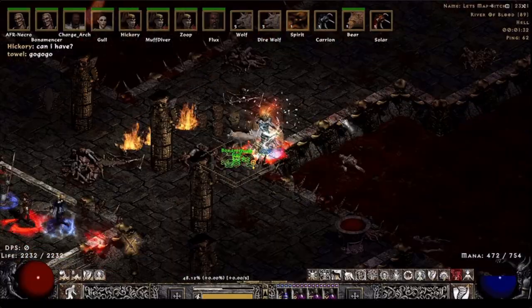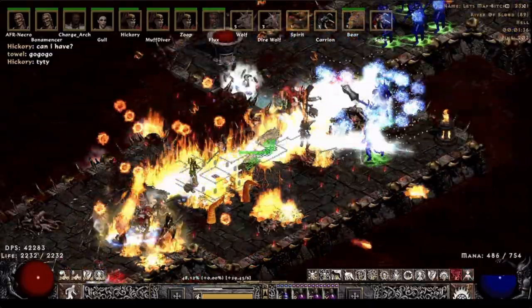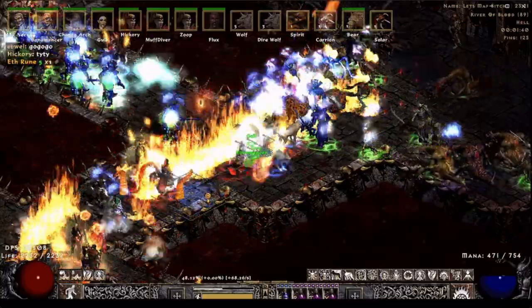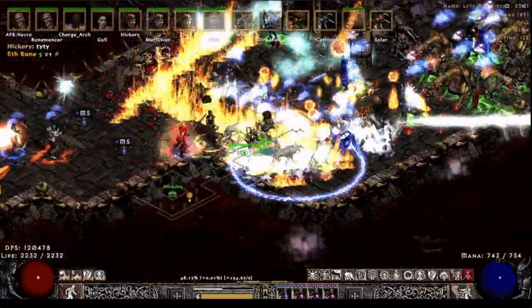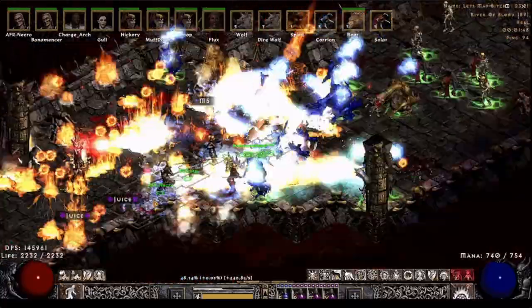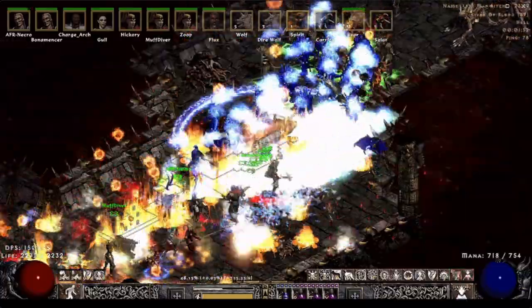Alright, so jumping right into the map here, it's 377 density River of Blood. You'll see I'm using mainly Molten Boulder, so it's going to be Volcano, Gust, then Molten Boulder throughout this map. What it does is really nicely soften up these packs and then let the rest of the folks get the kills essentially,